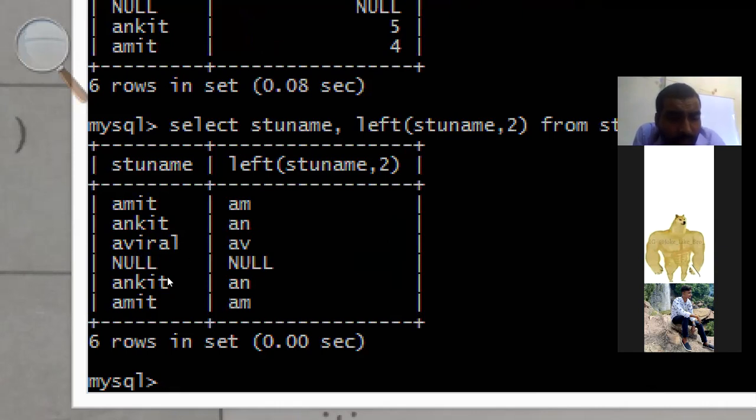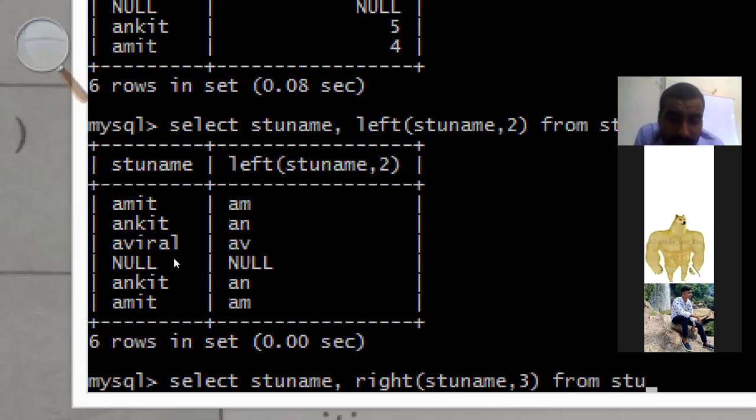The same thing you can use with the right function. Select STU name, then comma, right function. In the parentheses write STU name again, comma, how many characters you want from the right side. Suppose I want 3 characters, so write 3, then write from STU table, then semicolon, press the enter key.